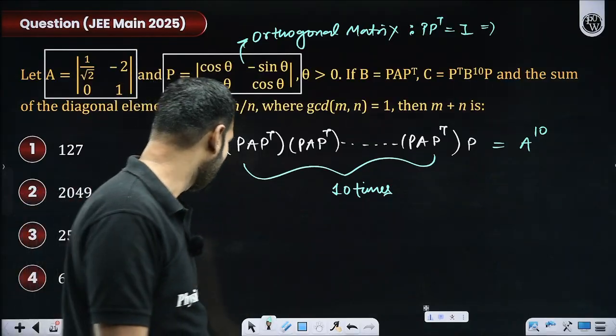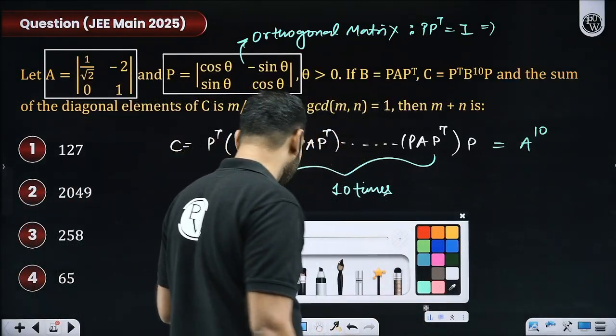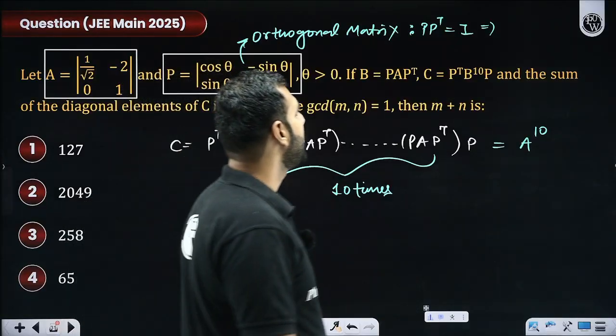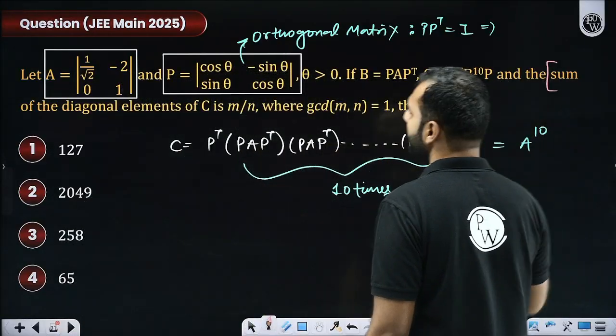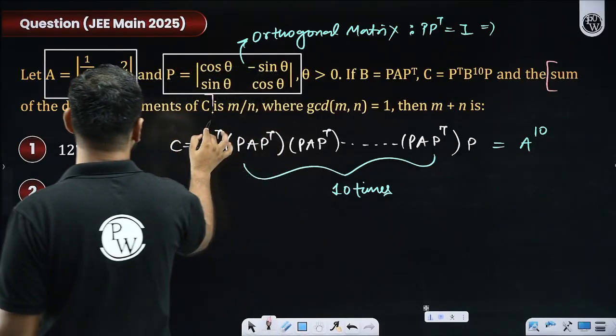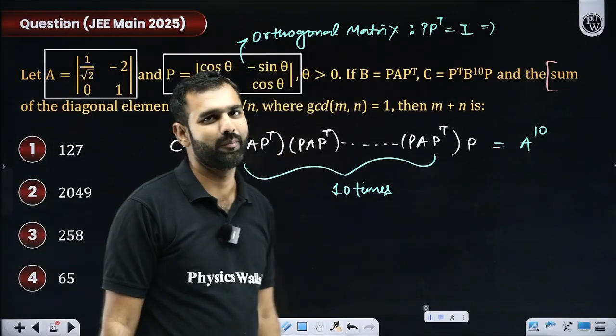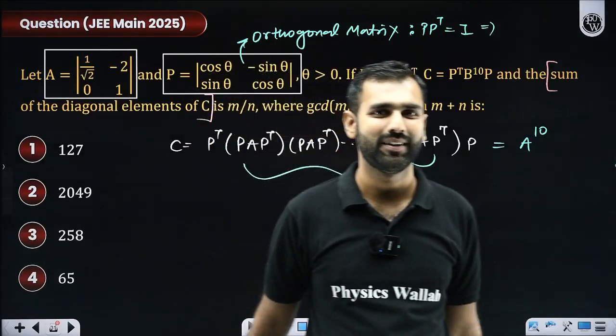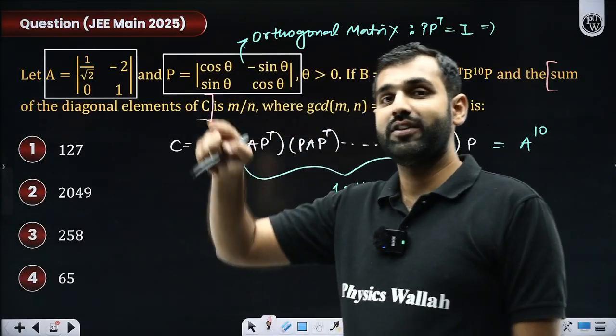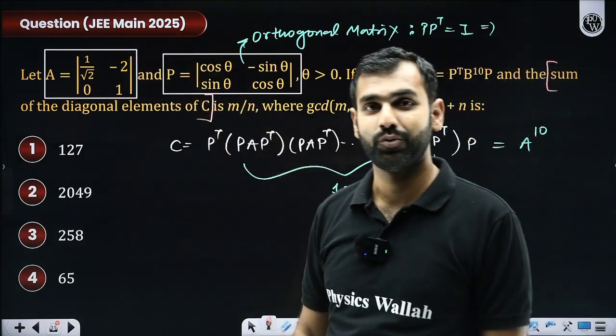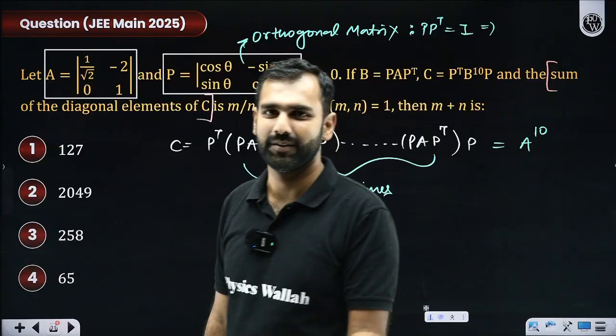Are we not done with the question, students? Can somebody quickly tell me what is going to be the answer here? We are asked the sum of the diagonal elements of C. Come on, you tell me what needs to be done. Have we not invested our time in learning eigenvalues and its properties? And if we know that, we know the answer.